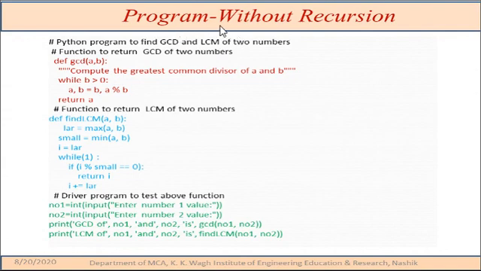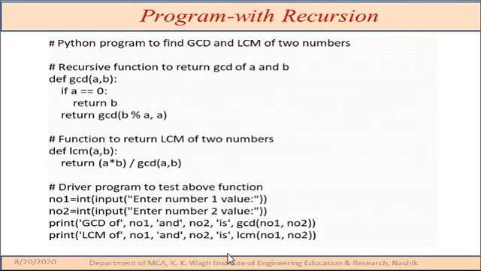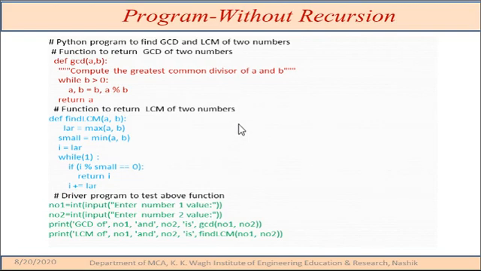So let's see the program. For this program, I have written it in two ways, with recursion and without recursion. Why have I written this program this way? Because in your problem definition, it is explicitly written that you have to write the code in a single line. So if we want to write the code in a single line, then you have to use the recursion concept. And for the recursion concept, first you should know how we can write the program without recursion.